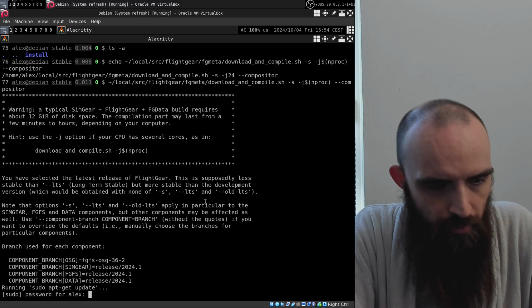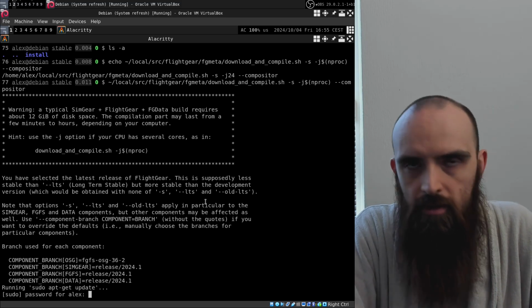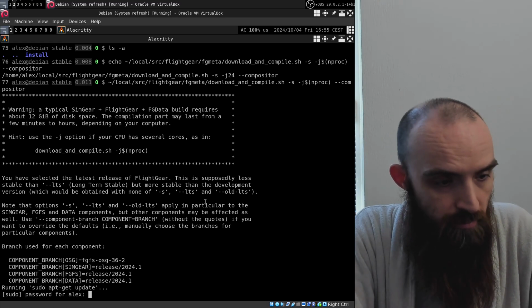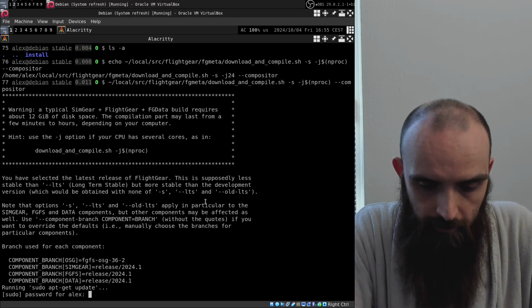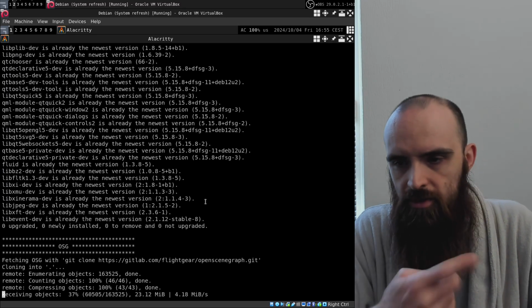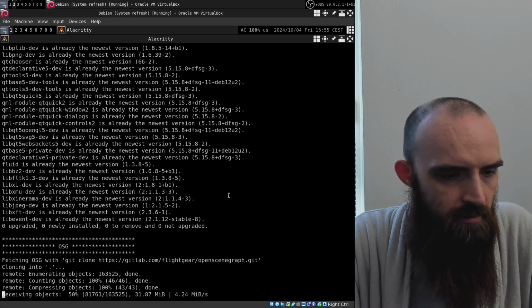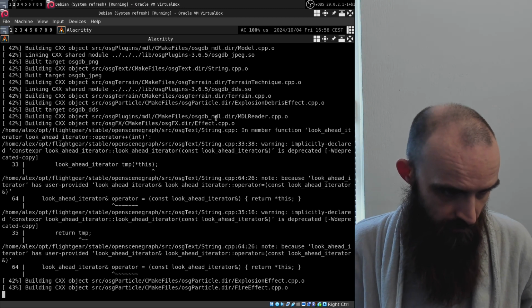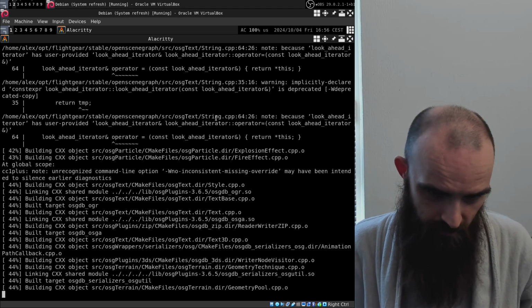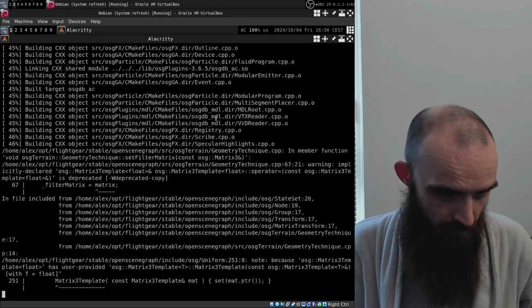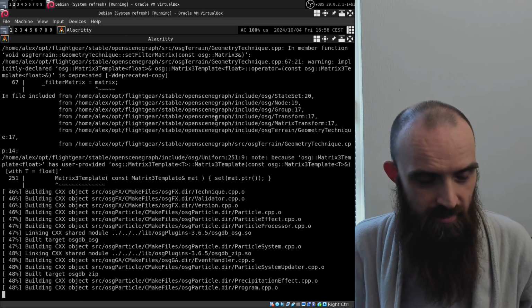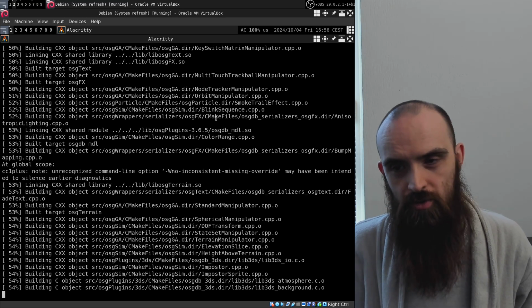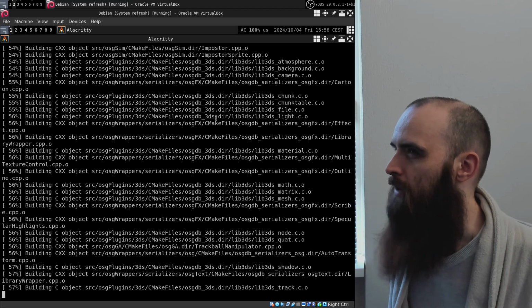It will ask you for your password, because it needs to use apt to install stuff, so it will have to ask you for the password. So I'll enter that. I had to actually redo this part of the video because the VM froze, so maybe it happens again, I don't know. So let's see, generally it should be pretty quick, especially since I avoided downloading that huge repo. So on my main machine,